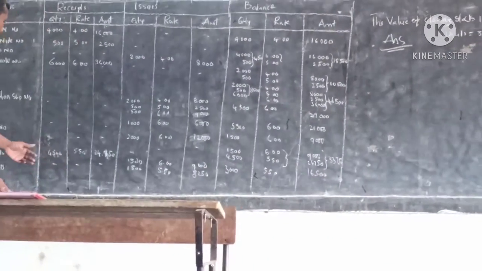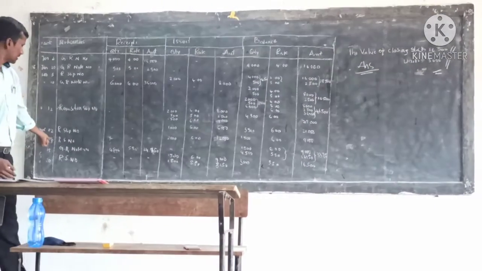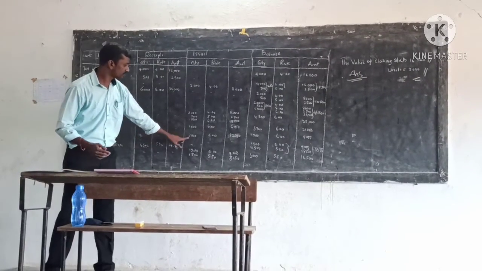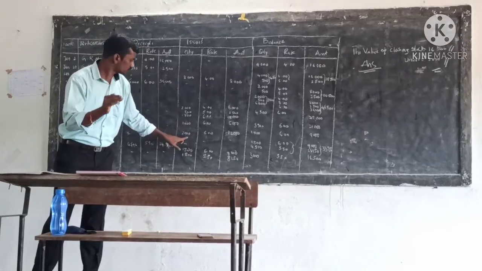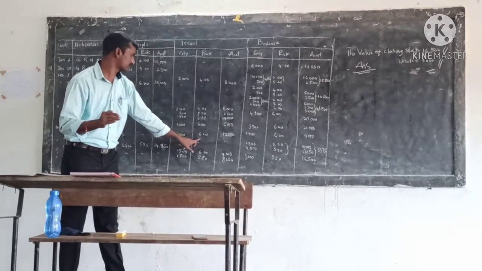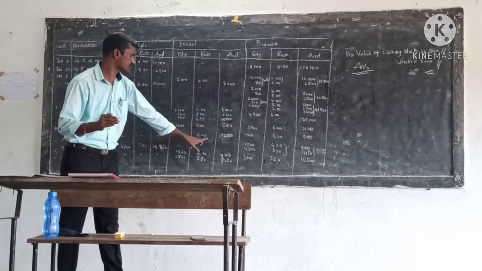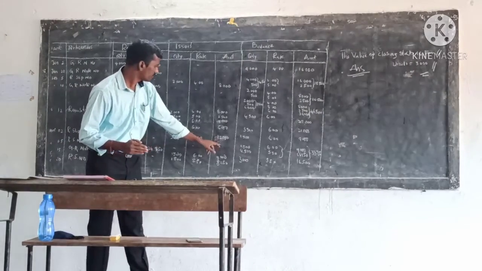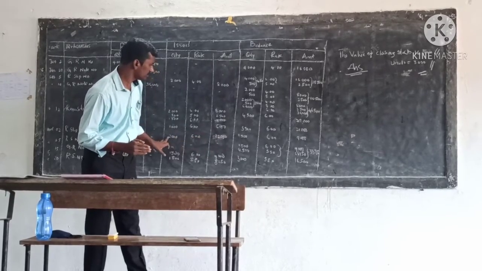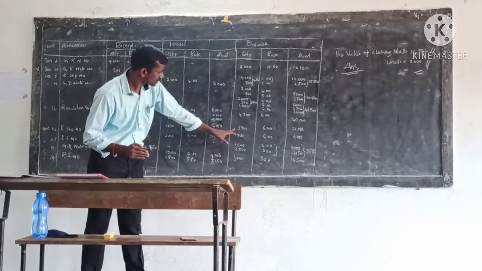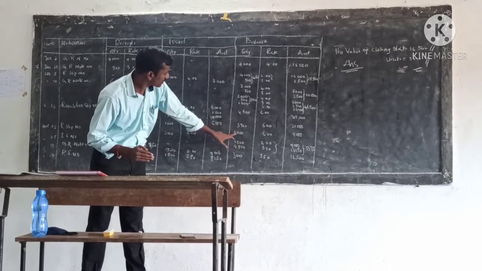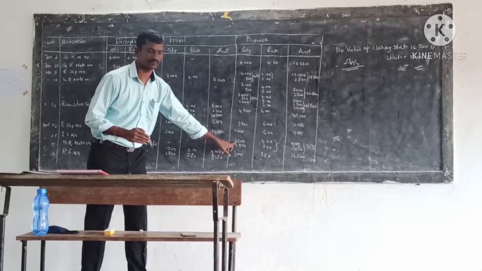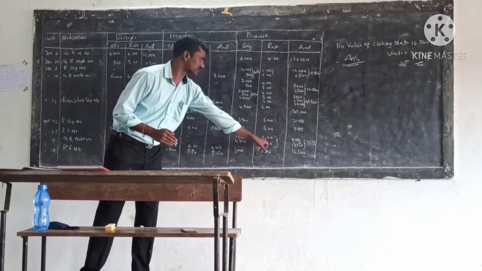Fine. Next we will come to the next one. On March 5th, requisition slip number, again we have issued the 2,000 units. The 2,000 units at what rate? 6 rupees. 2,000 into 6, 12,000. See here, we have issued the 2,000 units. Out of 3,500 units, whenever we issue the 2,000, 1,500 is available. Then the rate is 6 rupees.